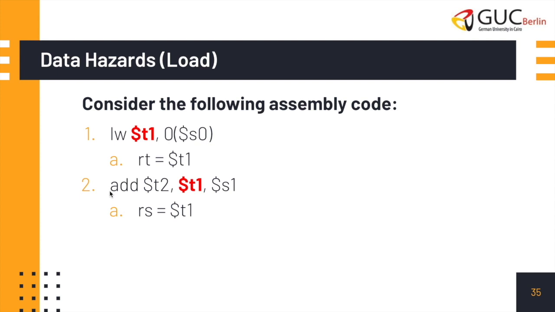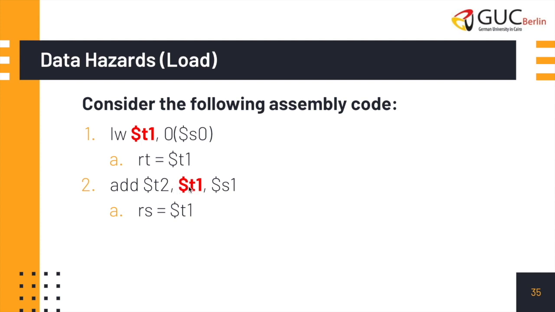Instruction 2, I am performing an addition instruction. I am adding the value of register T1 to the value of register S1 and storing the result in register T2. Therefore, as you can see here, the RS register is T1. We here have a read after write or a RAW dependency. Because as you can see in instruction 1, I am writing to register T1, and in instruction 2, I am reading from register T1. Therefore, I need to read the most recent or the updated value of register T1 during instruction